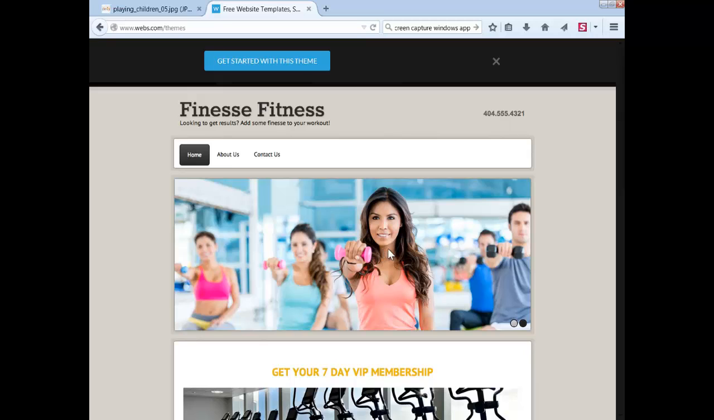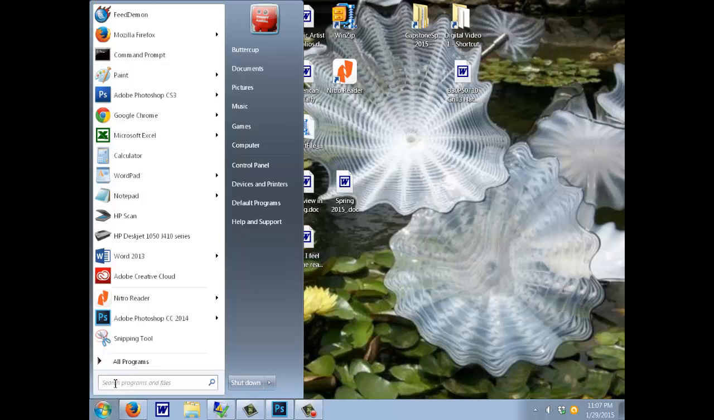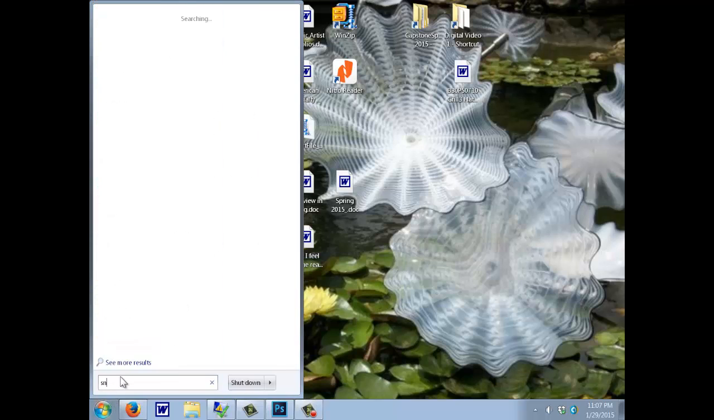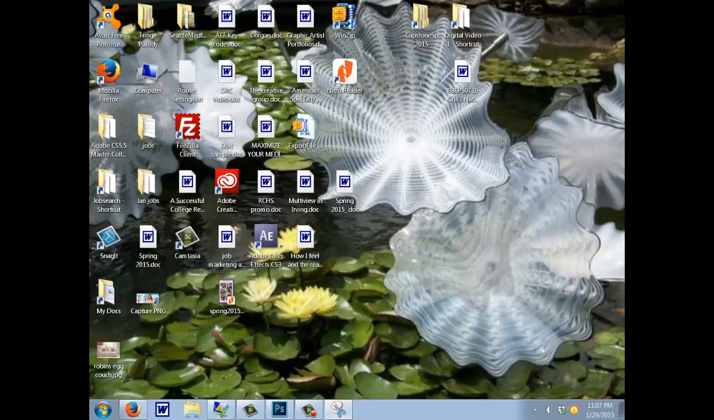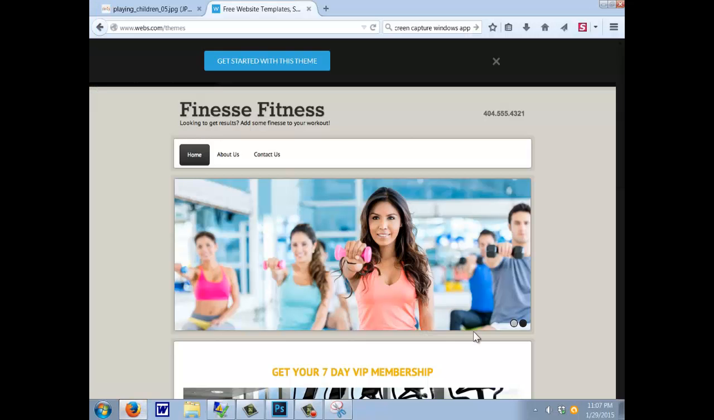Now you can use print screen to grab the image and then bring it into Photoshop so you can create a new image using it as a template, or I'm going to use a utility called Snipping. And I'm just going to click on it to launch it. I'm going to bring it over to the side, open up my website again,